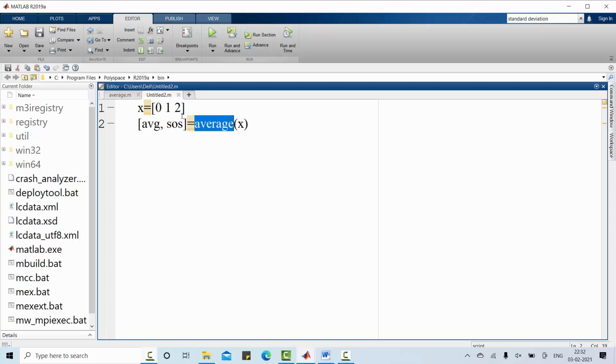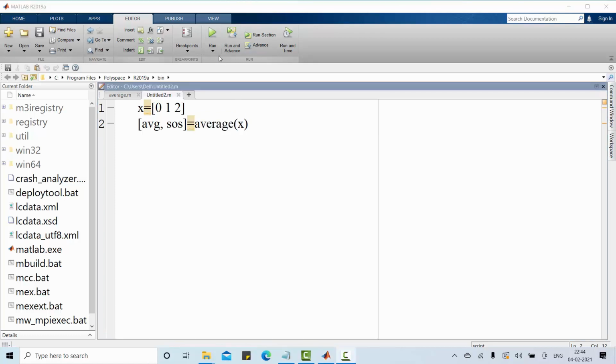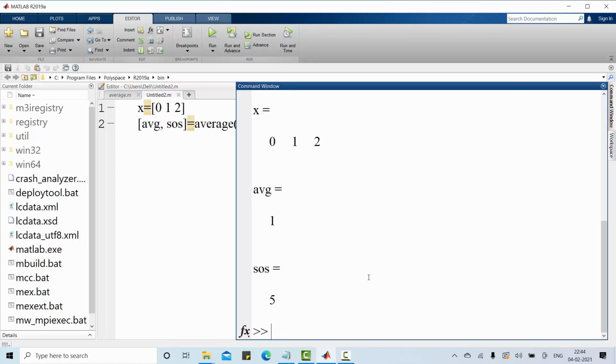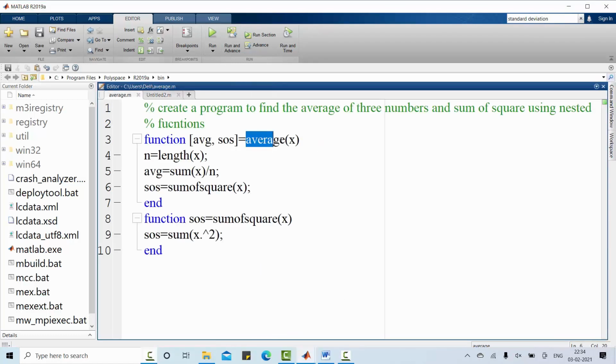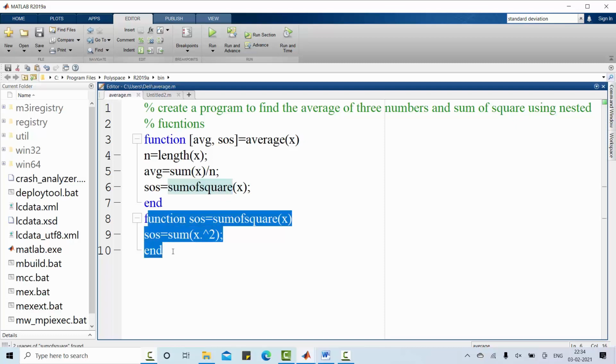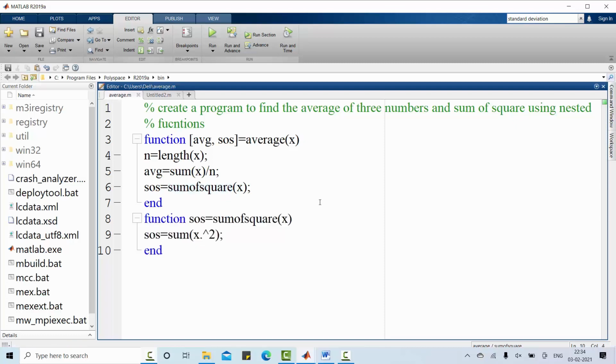I do not want to make any change here, since I am going to collect only two outputs. Let me run this code and see the result. Same result we obtained. Average is a function called from the main program, in which I have one more function called sum of square, which is defined here. This way a nested function works in MATLAB.